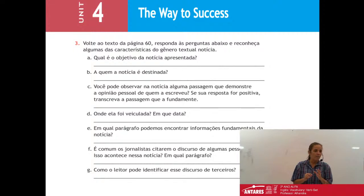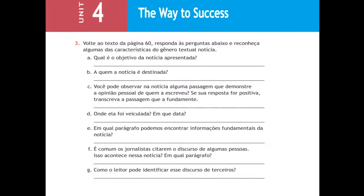So you have 1, 2, 3, 4, 5, 6, 7 questions. I'm going to give you guys again a couple minutes to answer it, and then we're going to discuss them, okay? So it's a piece of news, so you're going to analyze it as news. Let's do it. Henrique,